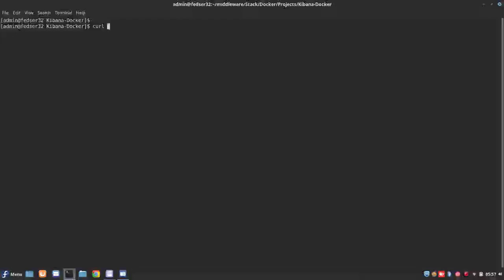Elasticsearch is running on port 9200, so we will be using the curl command to get data. -X GET is the method that we want to run on localhost:9200.